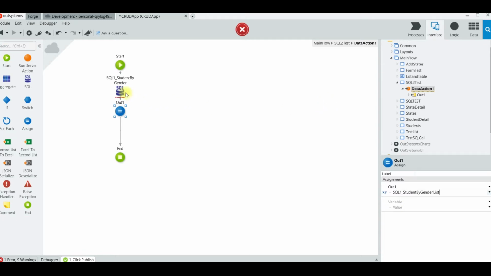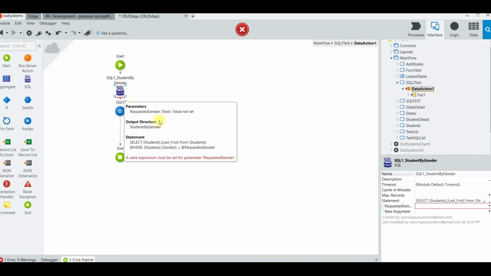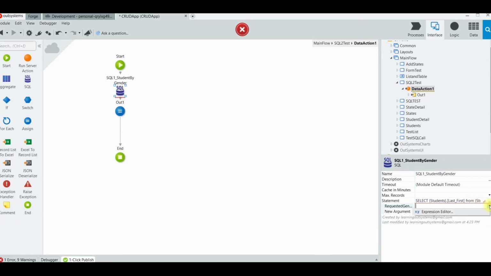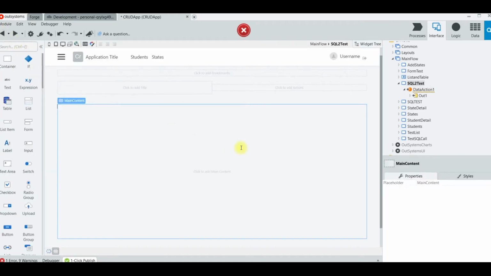And oh, look, we still have an error because we don't know where this is getting that value. How do we fix that? Well, we need a gender, right? A requested gender. So at this point, our application would not work because we're not passing a gender into the SQL statements. So we can fix that by bringing a